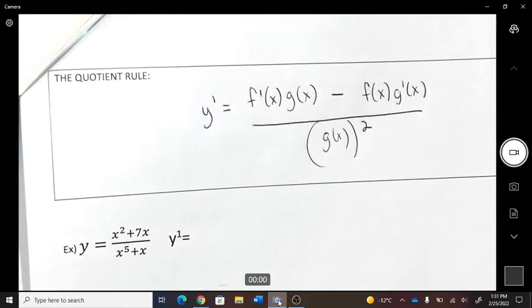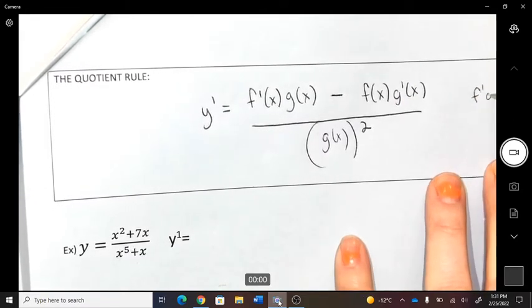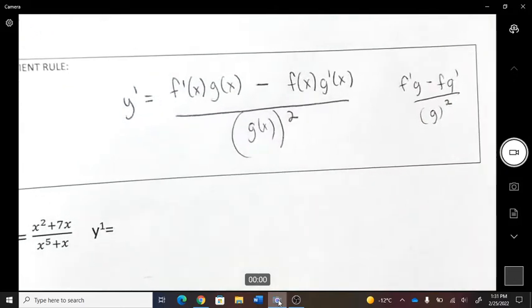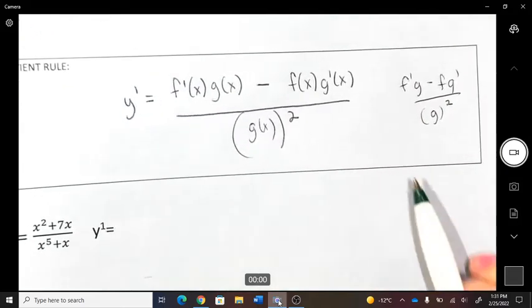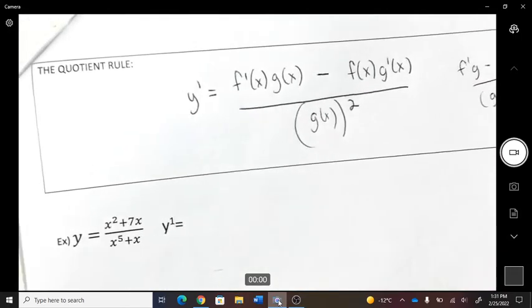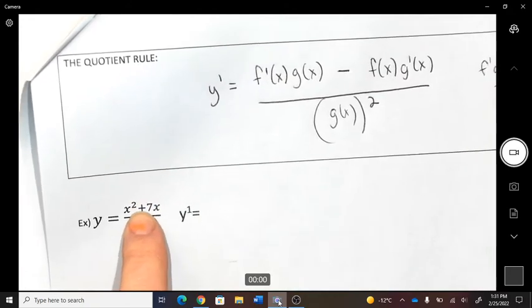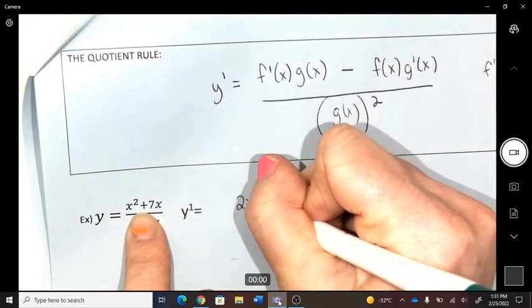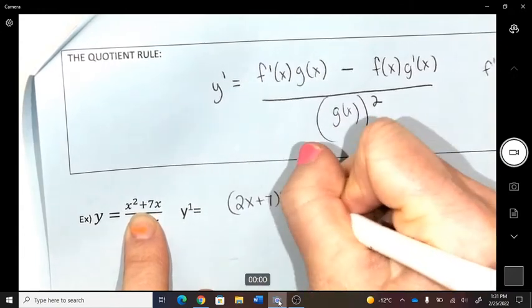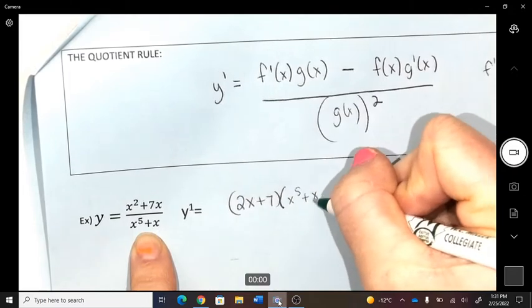Okay? And sometimes, I don't know if this looks too complicated, it's okay to think about it kind of like this. If that helps your logic, just take turns driving. Okay, here we go. What is it going to look like? So I'm going to derive this. So 2x plus 7 times the original bottom